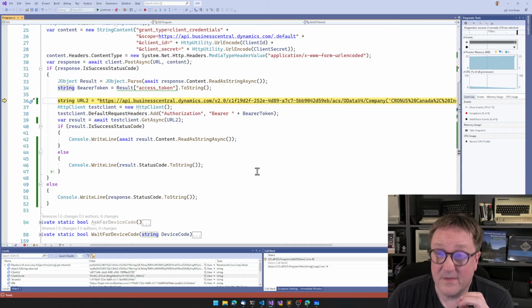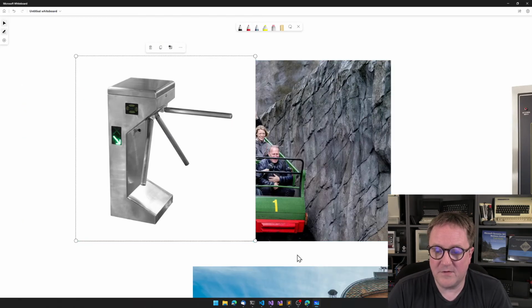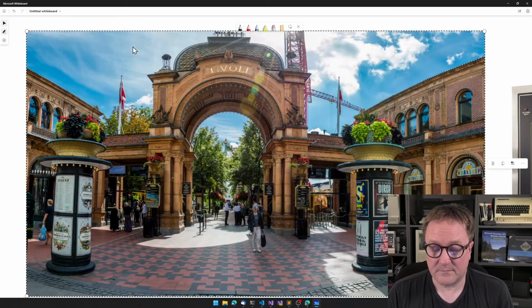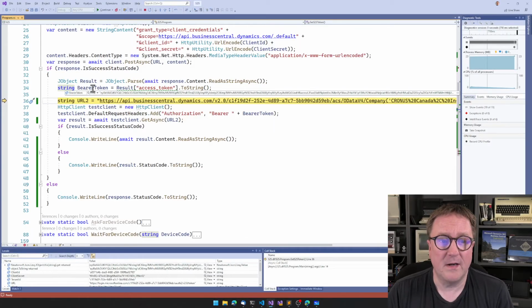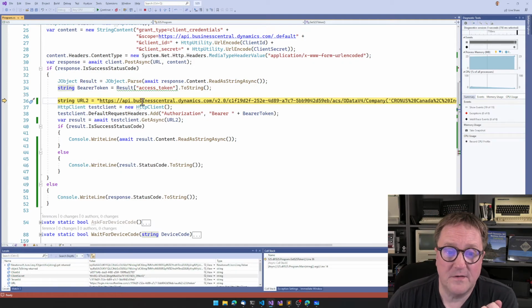Business Central. So up until this point, we haven't even touched Business Central. The only thing we have interacted with is the gate. So now we're inside the theme park. We're walking in the theme park. We have our token in hand. We walk up to the roller coaster and says